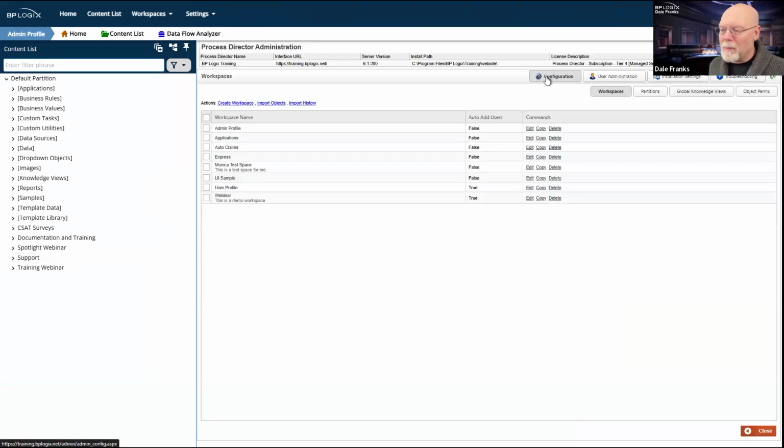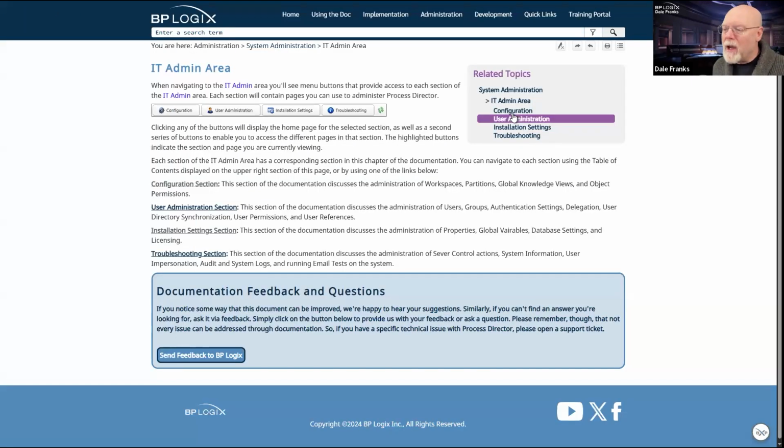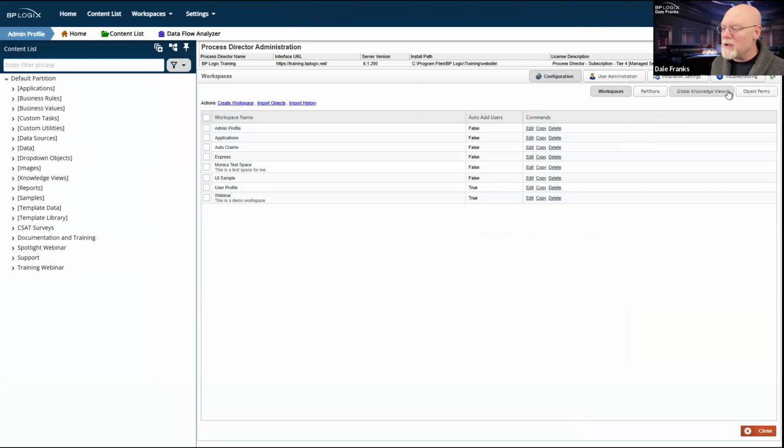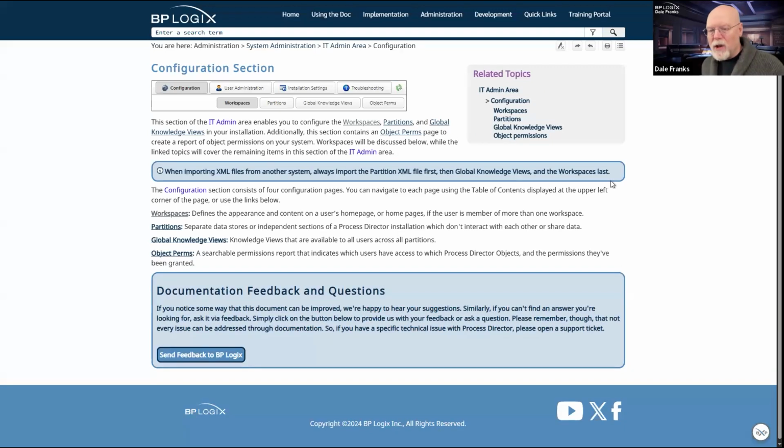You can see at the top, you have four major areas: configuration, user administration, etc. So if we go into configuration, then I get workspaces, partitions, global knowledge views, object permissions, which are the same buttons that we see here. So again, trying to replicate the UI of the product to the extent we can in the table of contents.